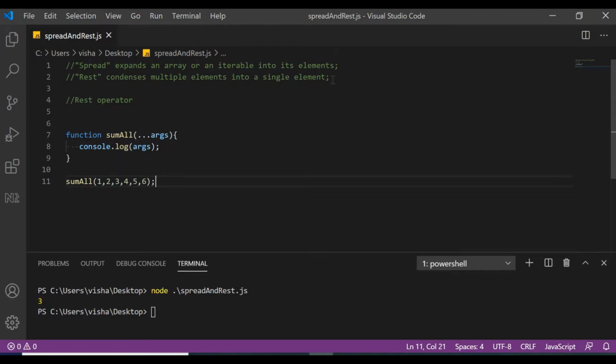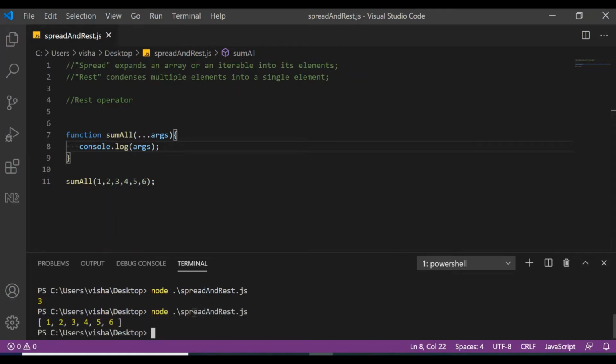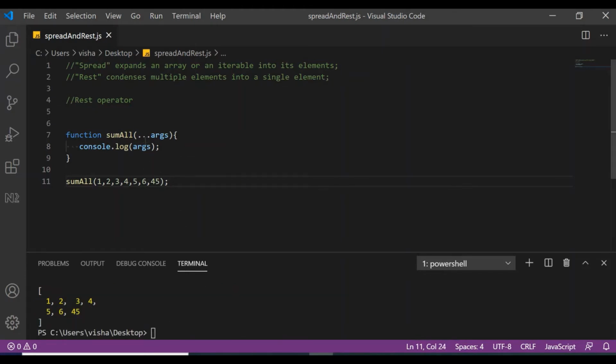Now what I have defined rest here, rest condenses multiple elements into single element. Now our sum is taking n number of arguments, which means multiple elements, and it is taking a single argument here and it is converting it into an array. I'll show that to you. If I console log args here, let's see what we'll get. See, we got an array of these arguments, and if you just add 45, that will be added to the array, and now we can use that here